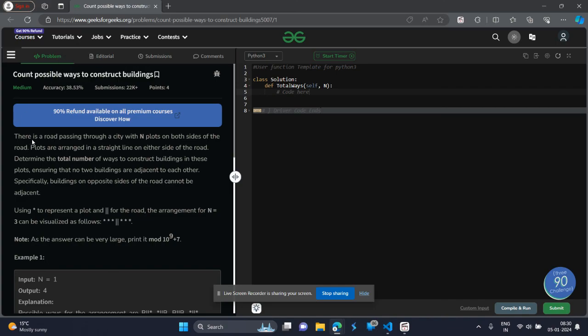So here there's a road, and there are n number of plots on either side of the road, and they are arranged in a straight line, with the given caveat that no two buildings will be adjacent to each other, and they can be placed on the opposite sides of the road without being adjacent there also. So in the example, you can see a star is used to represent a plot or space, and